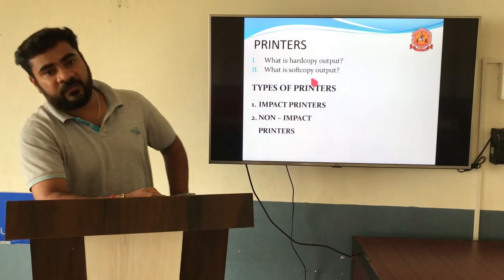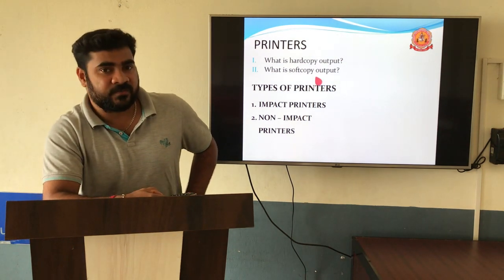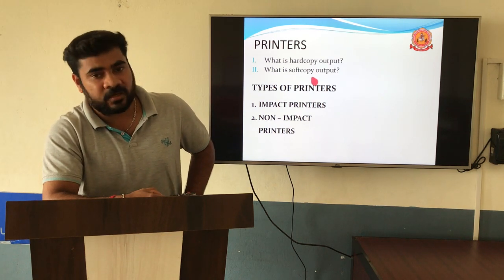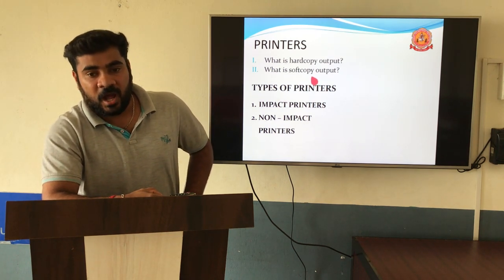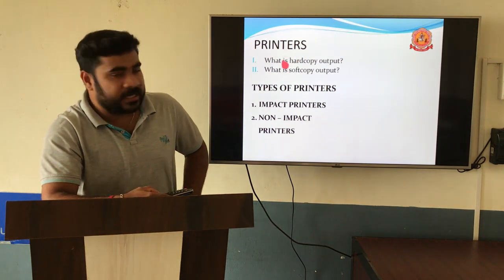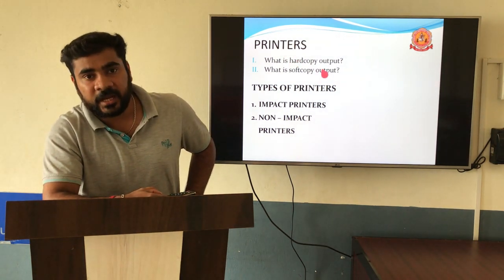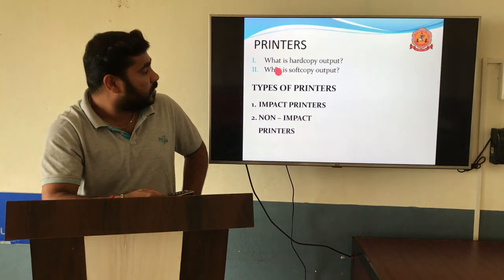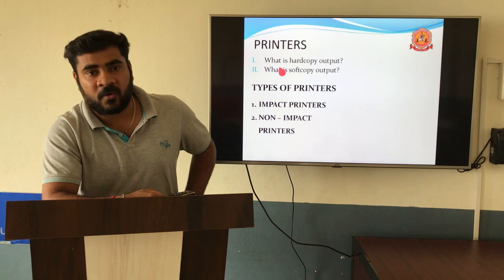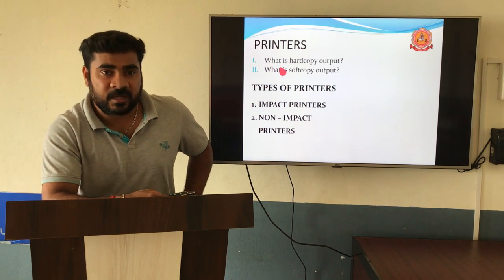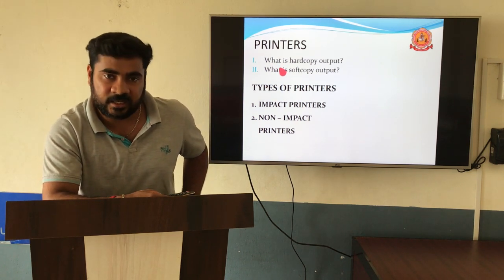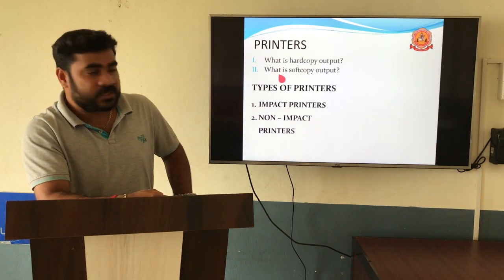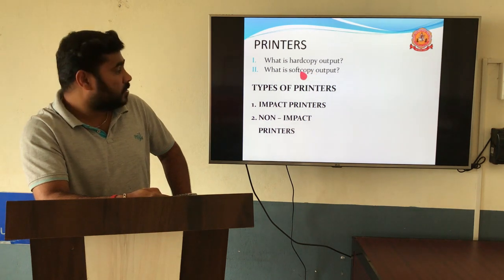If you take computer systems, there are mainly two types of outputs possible: hard copy output and soft copy output. Hard copy output is present only in the case of printers. It will print the data on paper and give it. That is a hard copy device. The next one is soft copy, for example monitors. A monitor is a soft copy device because we can see the data, and it is present only in memory. Whenever data is stored in memory, that is known as soft copy.